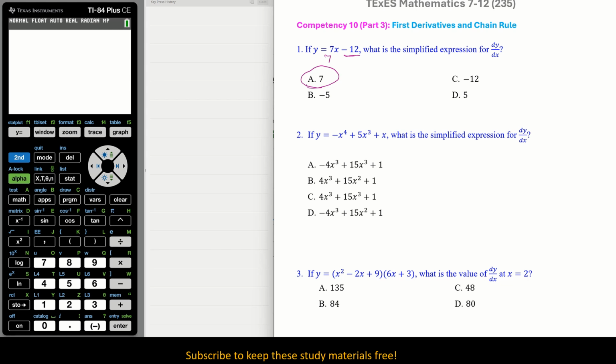Anyway, for number 2, if y equals negative x to the fourth plus 5x to the third plus x, what is the simplified expression for the first derivative? We do this term by term. The first term becomes negative 4x. Any of these options that don't have that, mark them out. So now we're down to 2. And the second one is